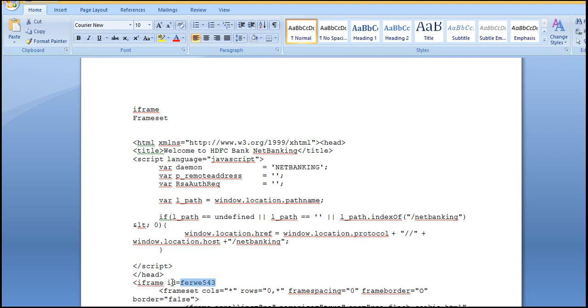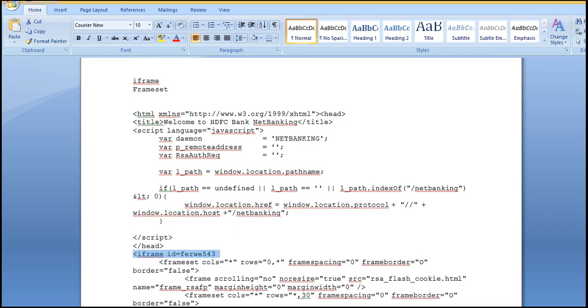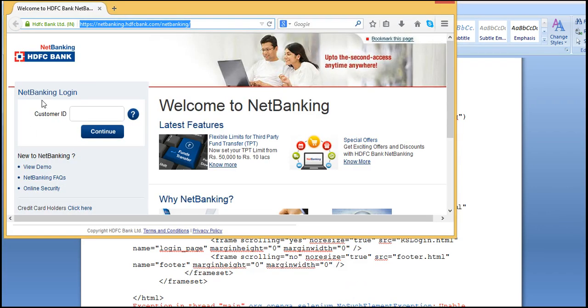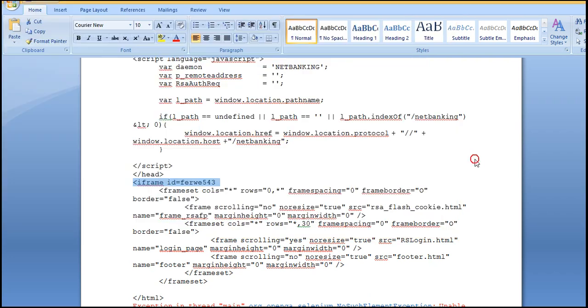So we can grab the id of this frame. Now here we tried to enter something in a login page and it failed, right? This is the login section, it failed. Make sure to check in which frame the login is. This is the first frameset, and this is cookie HTML, something like that.